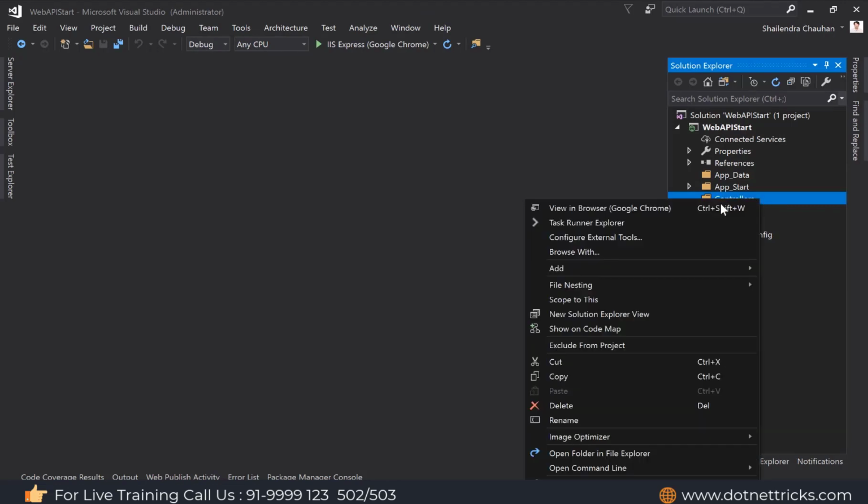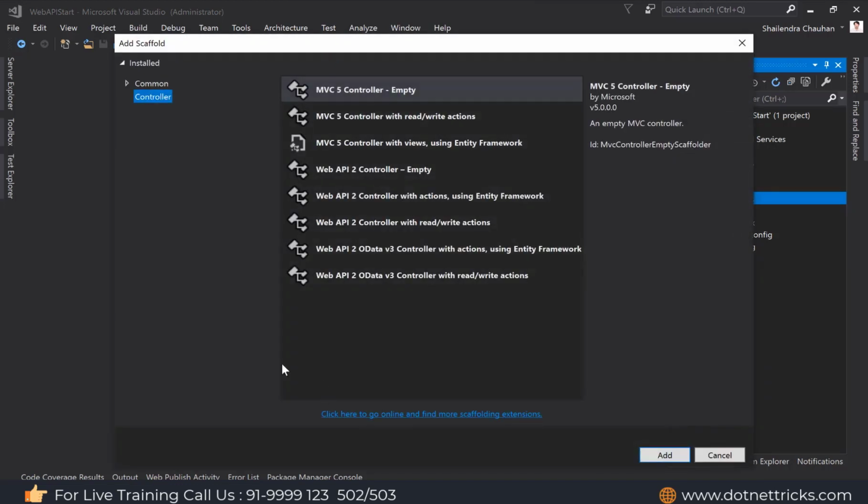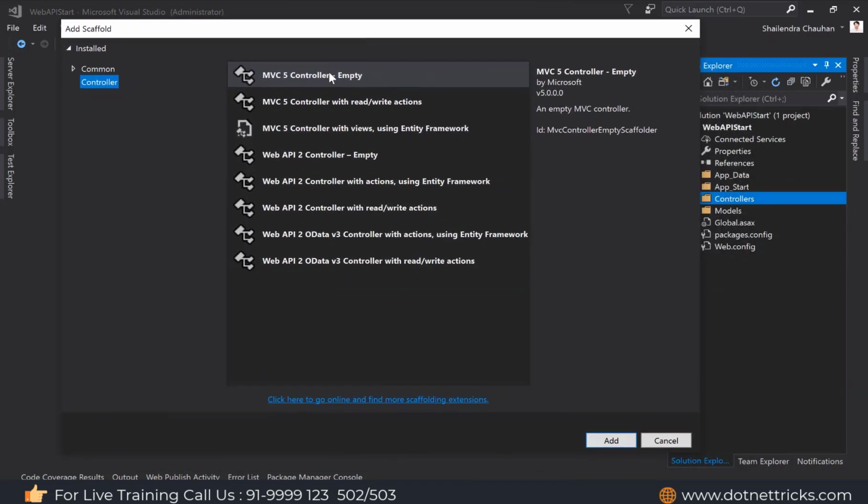Just right click on the Controllers folder, and here select Add, Controller. If you see here in the Visual Studio wizard, I'm getting various scaffolding templates. When we talk about scaffolding, scaffolding is a code generation technique.